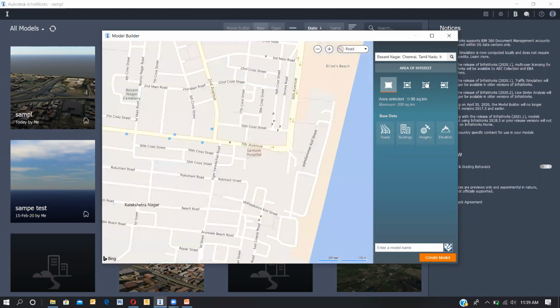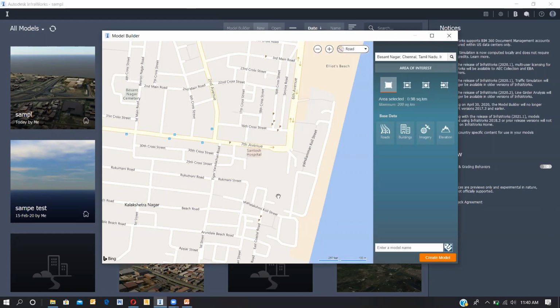We have four options to go into the project, to save the project, to select the area. This option selects the whole place over here, whatever we are seeing. This option selects the whole area within this map. Now, I don't want all these things in my project. I just need a certain place from this map. The boundary of an InfraWorks project can be a maximum of 200 square kilometers. The area selected over here on the screen is 0.98 square kilometers.